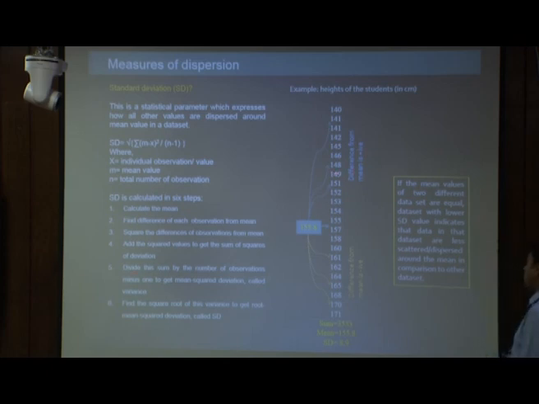Then, when we have that squared sum, we divide the sum by the number of observations minus 1 to get the mean square deviation. Now, as this is a sample, how many values are there in this sample? Say for example here there are 20 values, meaning 20 data points. Out of the 20 data points,